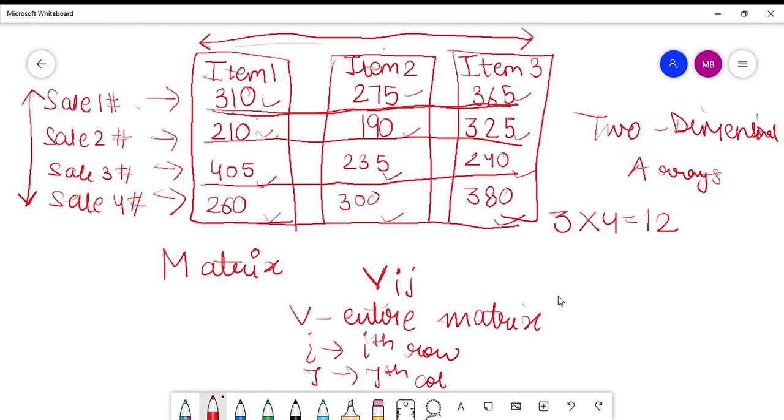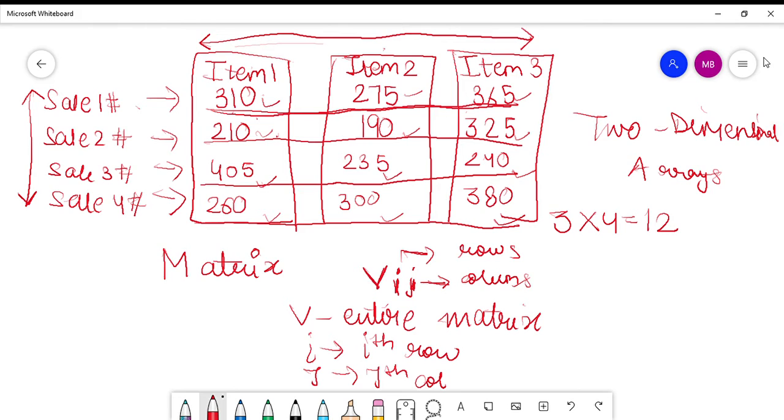So basically i is representing the rows here and j is representing the columns here. So always the first subscript represents the rows and the second subscript represents the columns, right?